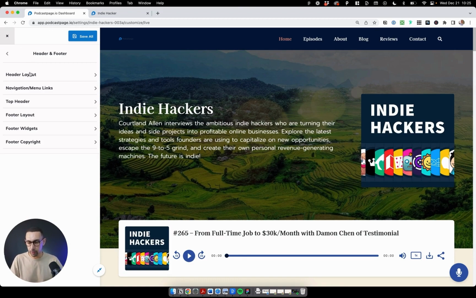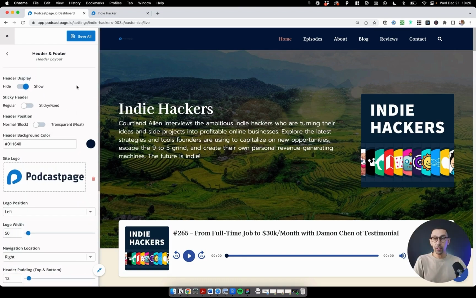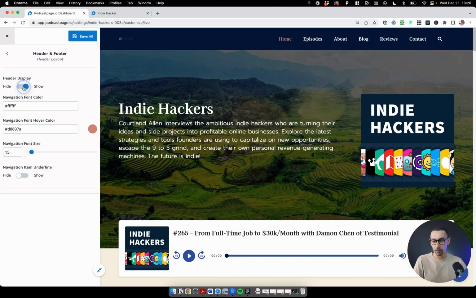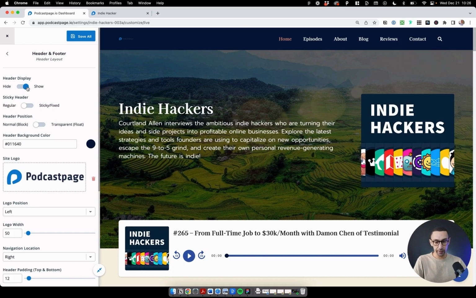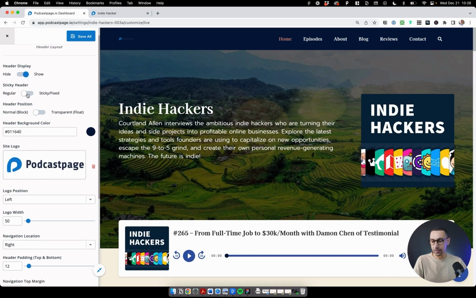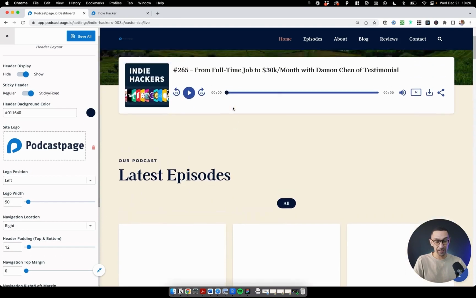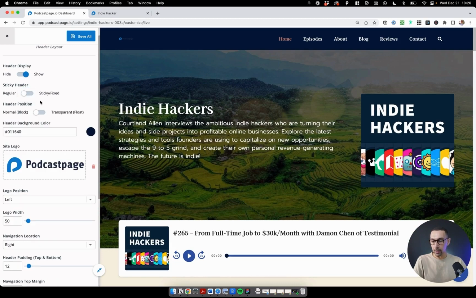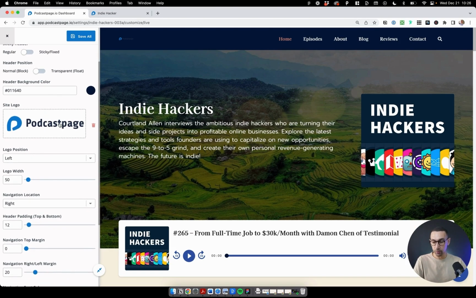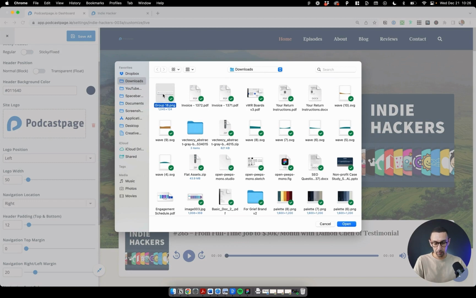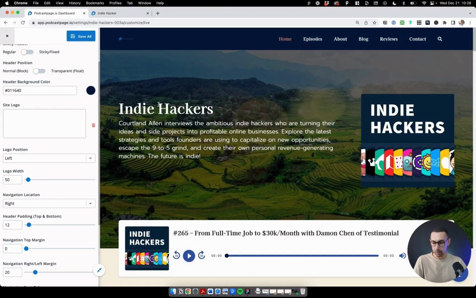So the first thing we're going to look at is header layout. Once we click into this, we have a few options. First, we have the header display, either hide or show. In this case, we are going to show. Sticky header. Sticky is basically when you scroll, that stays at the top there. And then it gives you the option for the actual position, how it looks, the background color, and then the actual site logo. In this case, I'm going to remove this, and then I'm going to add in this logo here